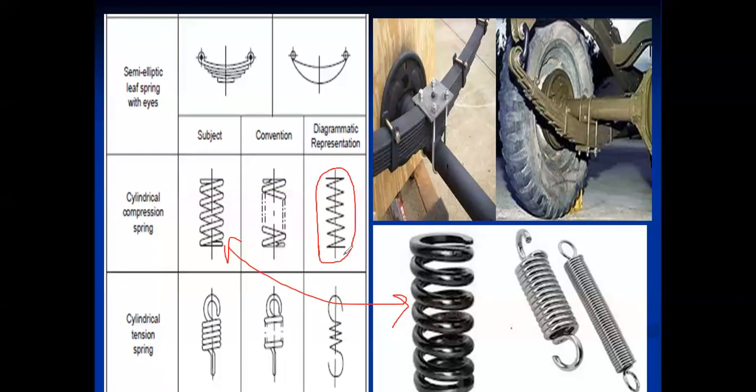Are you remembering? I have told in last lecture. Top and bottom horizontal. Very good. Top and bottom is horizontal. This one is horizontal, this one is horizontal. Is it possible for you to tell a practical example of where we are using this cylindrical compression spring? In shock absorbers. Very good. Shock absorbers in two-wheelers, in that case we are using this.